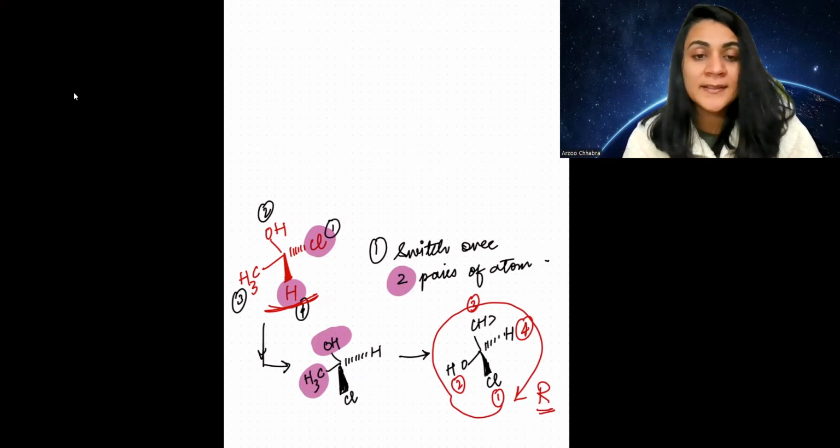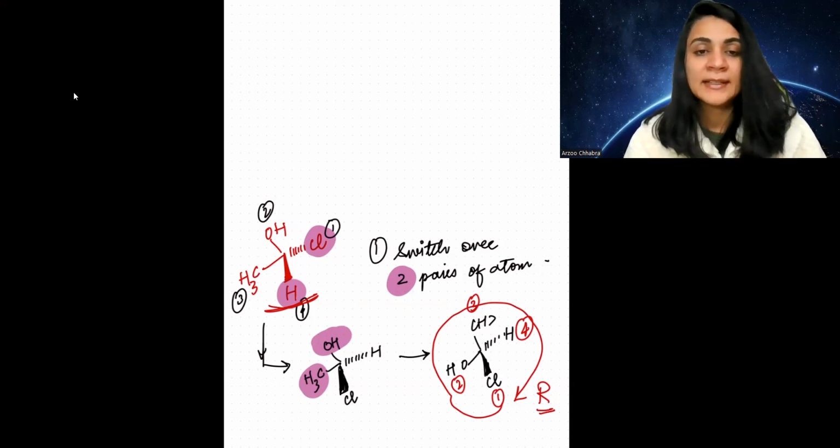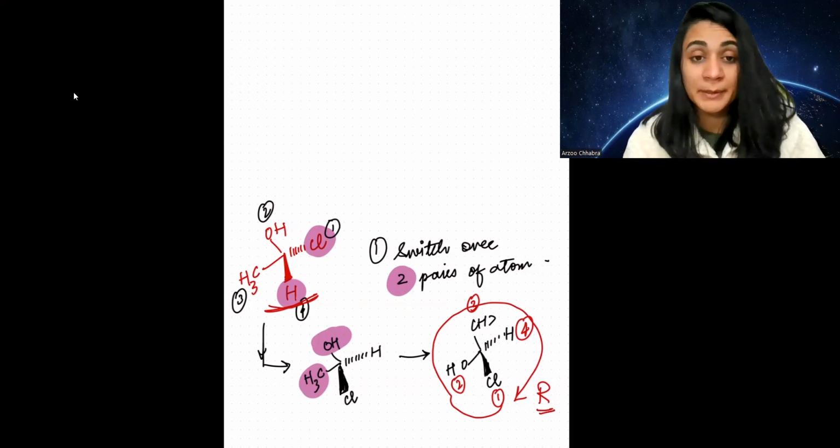What I mean by that is, if you see the lowest priority on wedge instead of on the dash, going clockwise would become S, and going anti-clockwise would become an R, and you wouldn't have to switch over two pairs before you can get the answer. What I mean by that is,